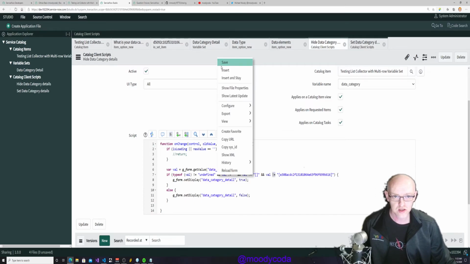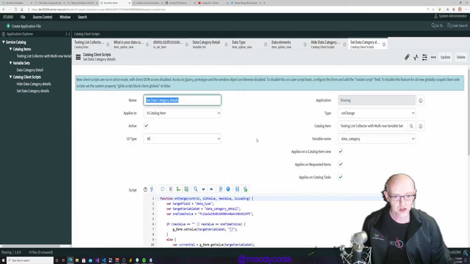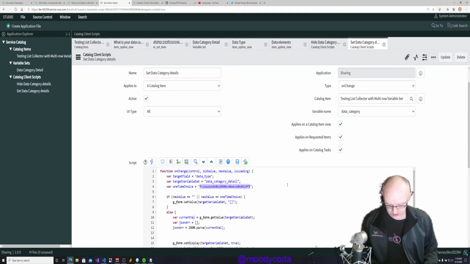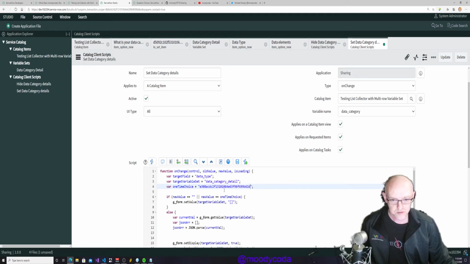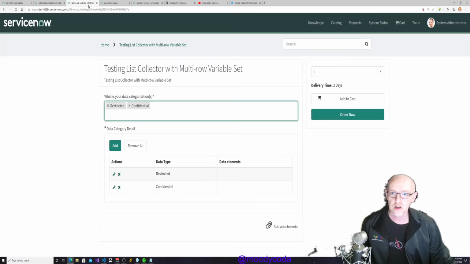So let's go ahead and try that first and hit save. So we'll update that. And then the other thing we need to update is in our other client script, there is that other variable I had up the top here. I said I'd come back to you. So this is the same thing. So if we replace this sysid with the public choice sysid and then save this record,